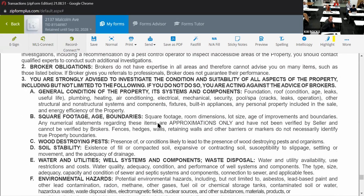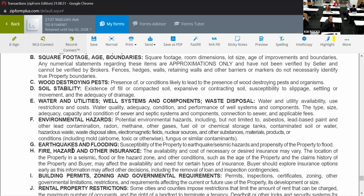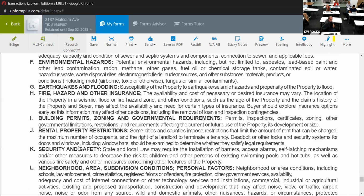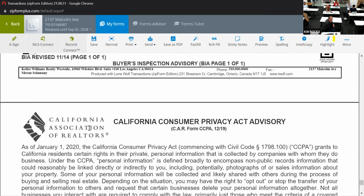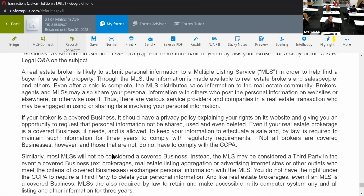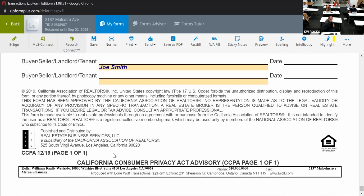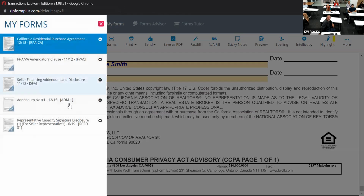The buyer inspection advisory is basically telling the buyer, listen, you can do all kinds of inspections and make sure you check out the neighborhood, security and safety, just some stuff for the buyer to watch out for, and they sign it. The last page, which came out two years ago, is the Privacy Act, and that's the last page. Quickly,